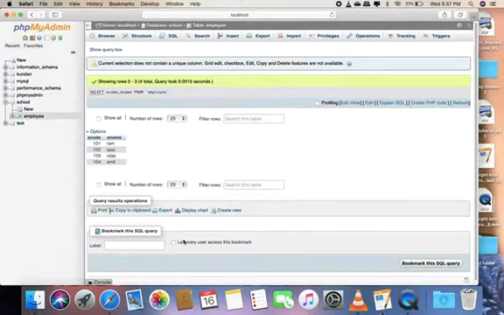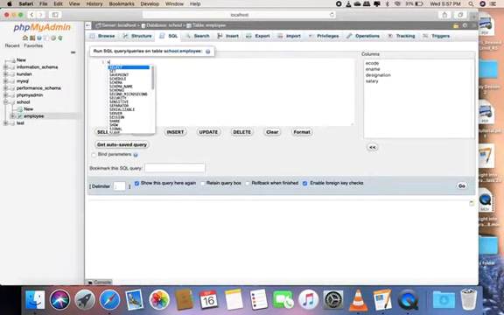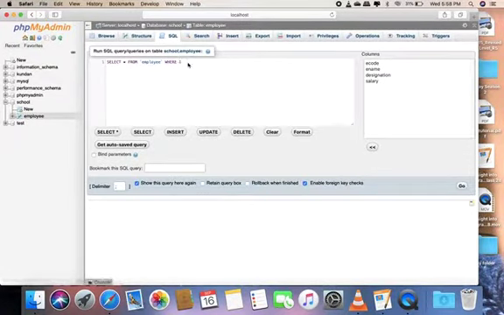So again we execute this command on MySQL. Here I write select star from employee. It will display all records, but we want to see where salary is greater than 5,000. So I execute this query. It will display all records whose salary is greater than 5,000, and there are 2 records whose salary is greater than 5,000.